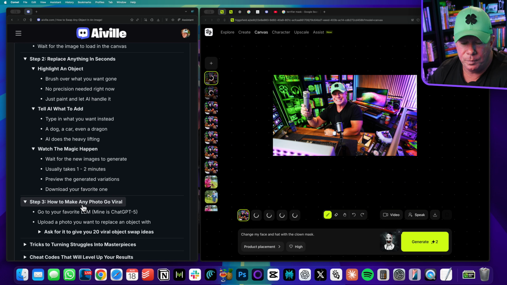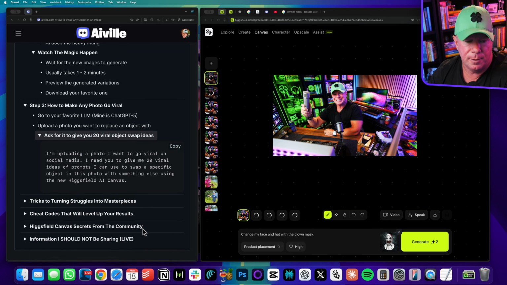But for step 3, how to make any photo go viral. If you don't have ideas for what you want to do to change up the photo, you can go to your favorite LLM, so large language model. I'll just say ChatGPT 5 because that's what a lot of people seem to be using right now. You can upload a photo that you want to replace an object in, and ask it to give you 20 viral object swap ideas.